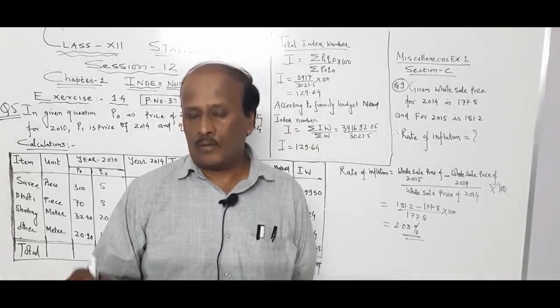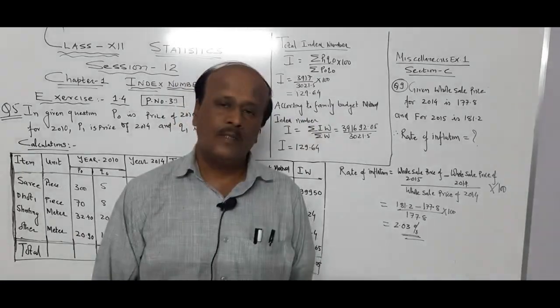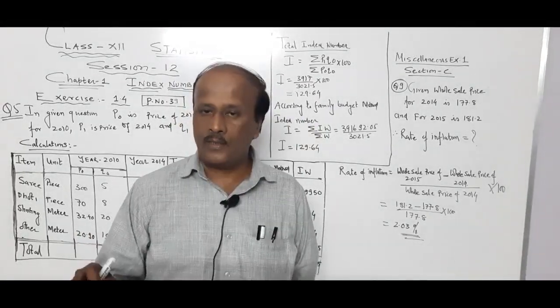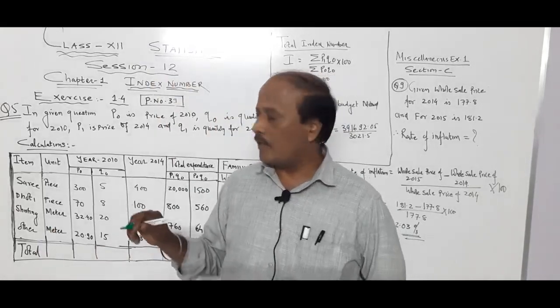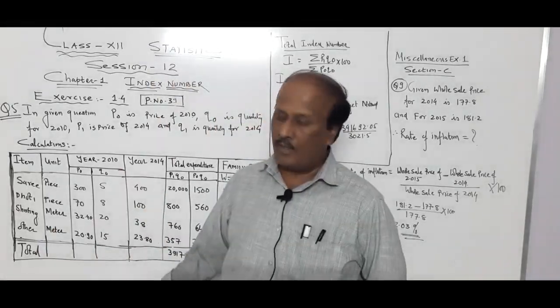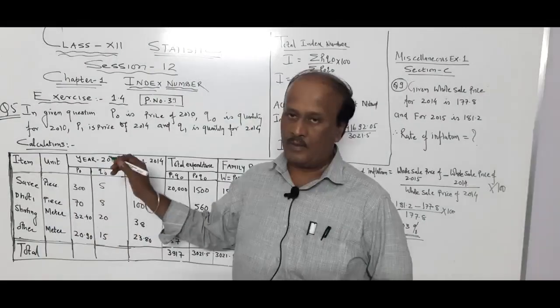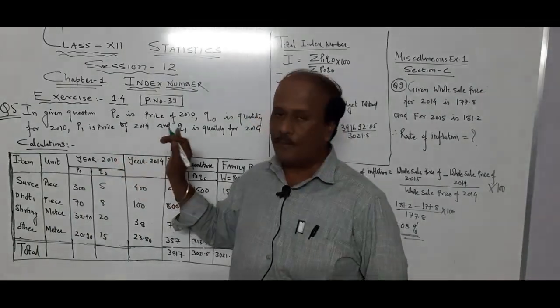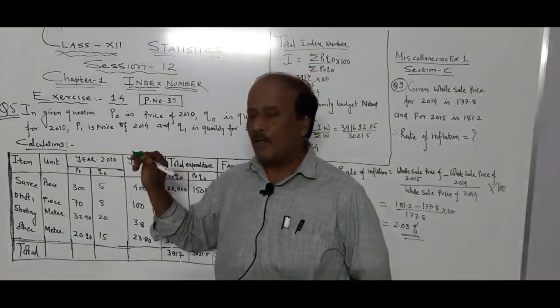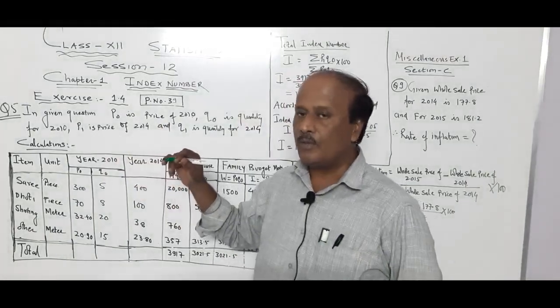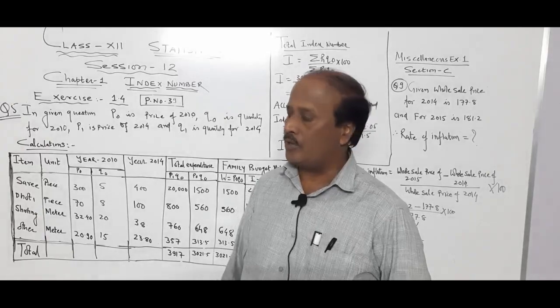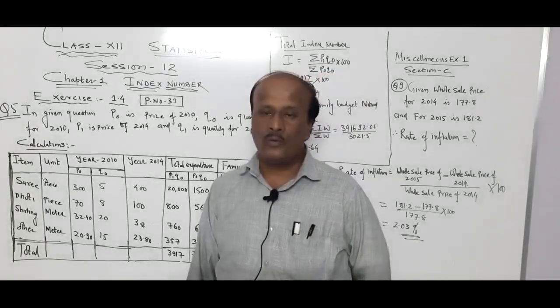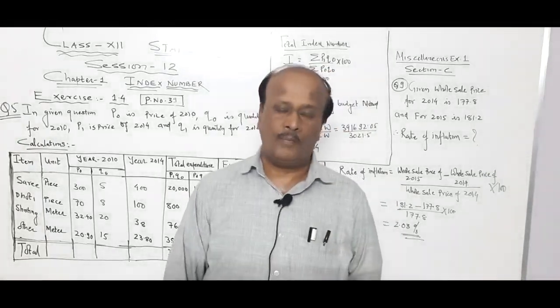Throughout this chapter, what did we find? In the questions, the base year and the current year will be given. You read the question carefully and collect data accordingly. And remember all the formulas. These 2-3 things are very important. Now, last time we spent about 2-3 sessions on the cost of living index number, and I did 1 or 2 questions also. So today we are going to do 1 or 2 new types of questions.